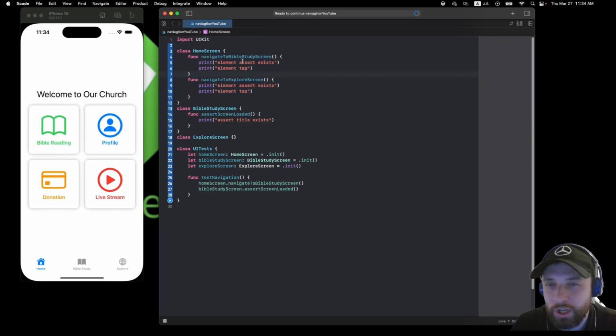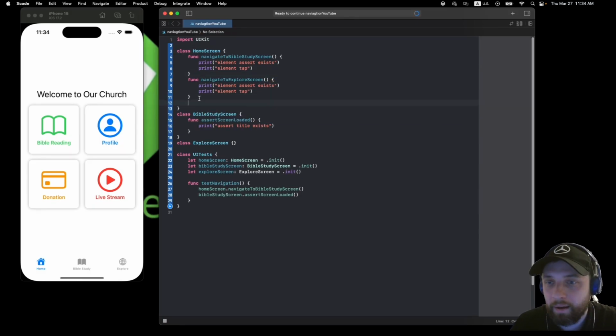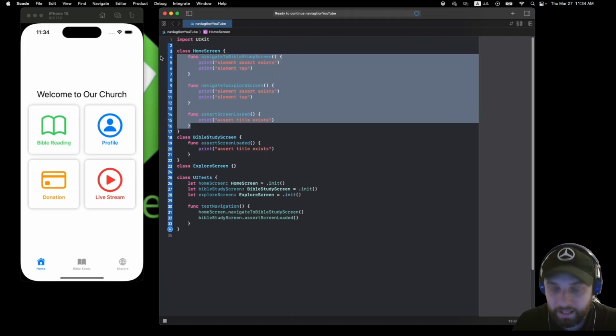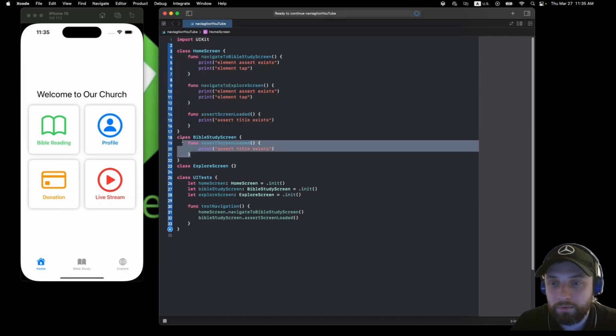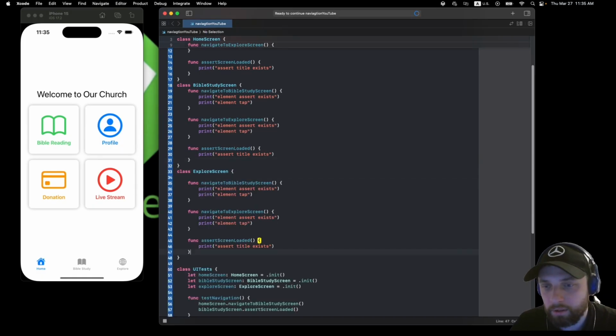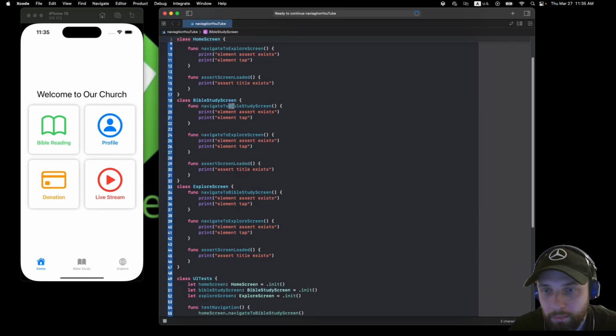With the one change being where to navigate, a lot of the functionality is pretty much the same. That's for the home screen. Also, each screen should have this assertion, and technically that functionality will be used for any other screen, right? With little bits of difference. So in that case, let's see, Bible study should know about the